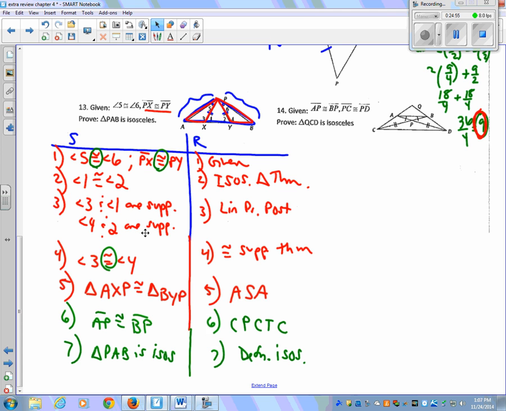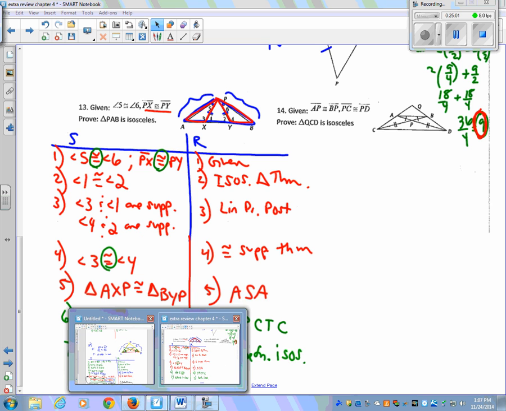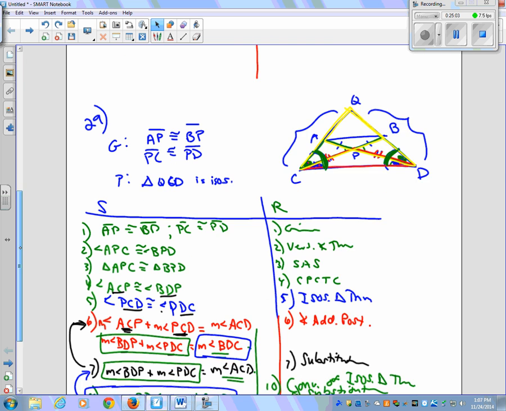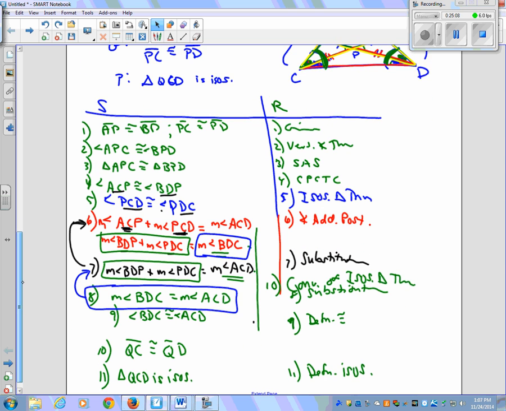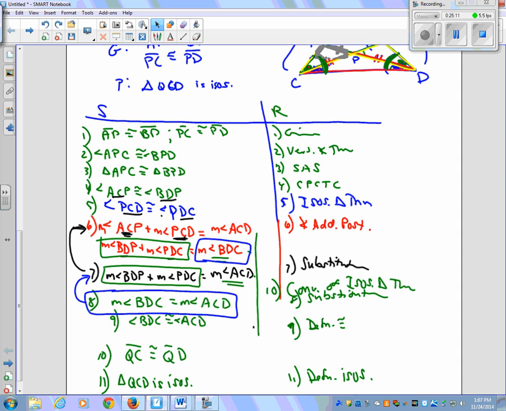Okay, proof number 14 I actually have here on a separate sheet. This came out to 11 steps. And that's about it. So just make sure that you are studying these proofs, practicing your isosceles triangle theorem. Make sure you know how to factor, and make sure you know how to solve systems of